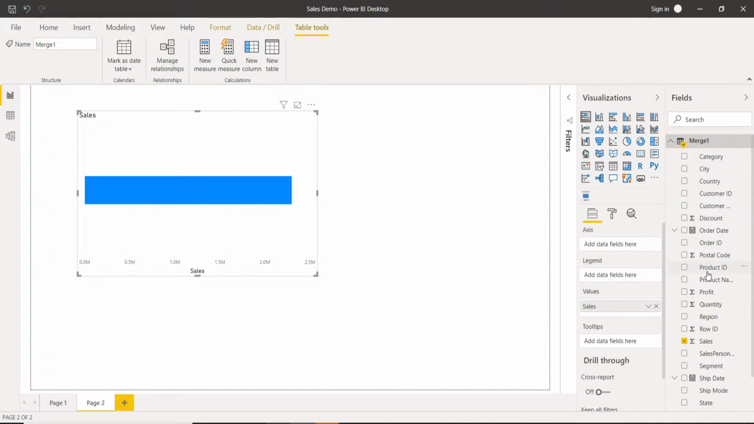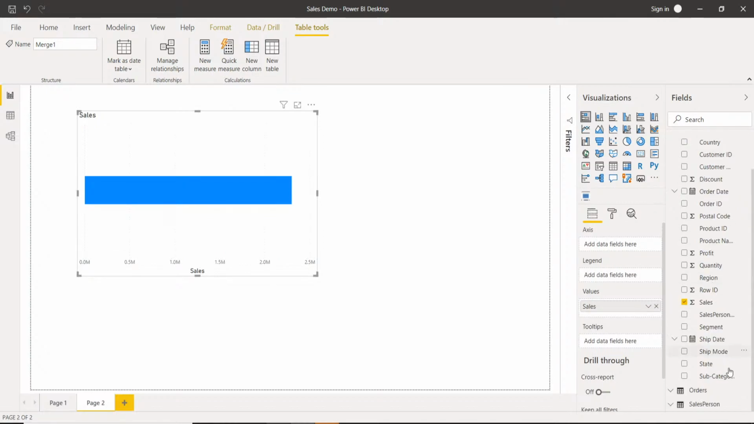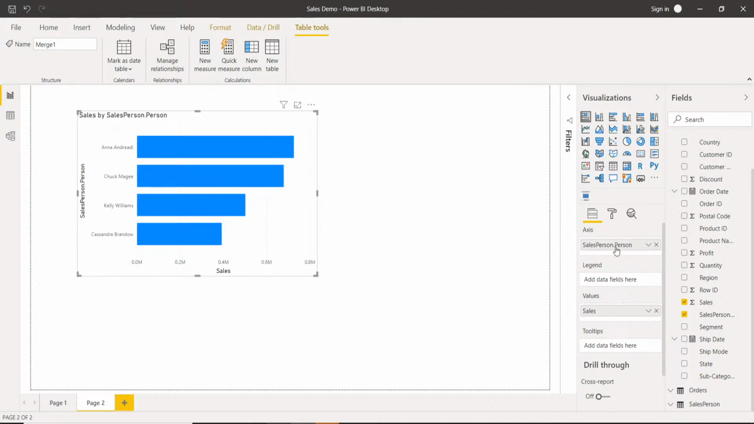And we're going to pull in salesperson to the axis. Boom. Right, so the merge does work, but like we said a couple of times now, it's really inefficient, especially